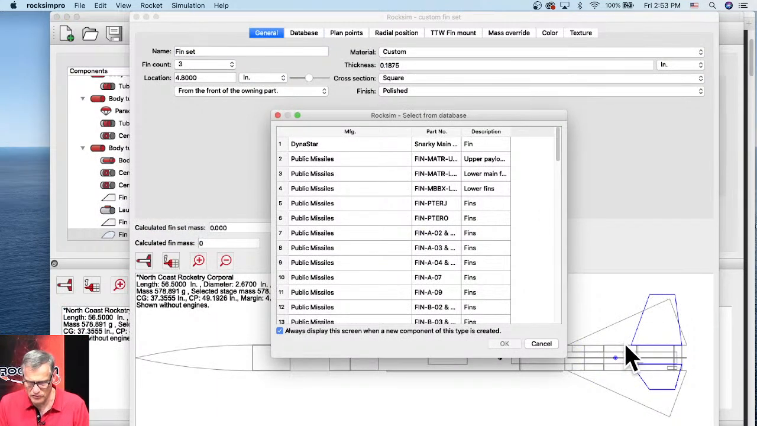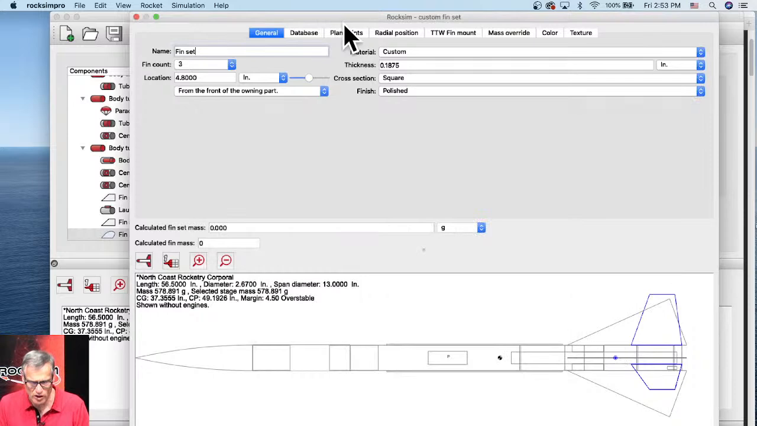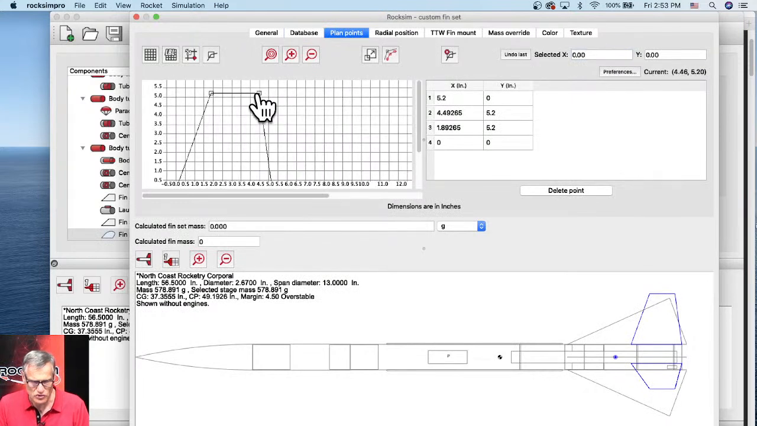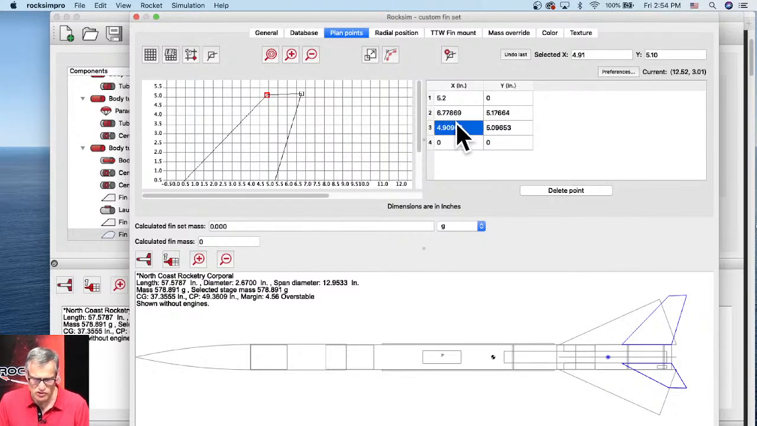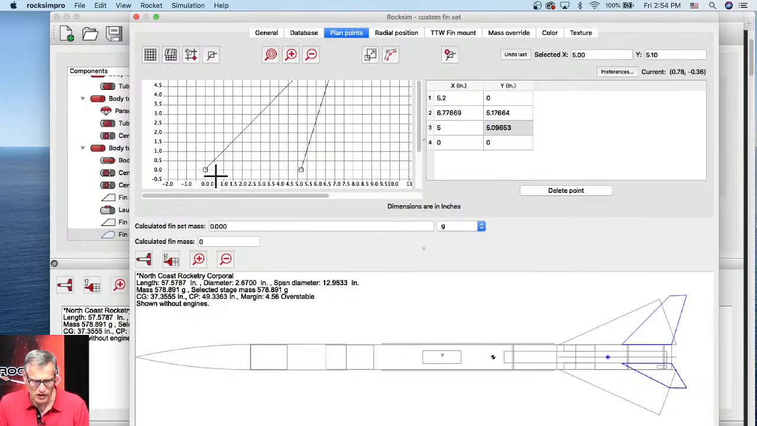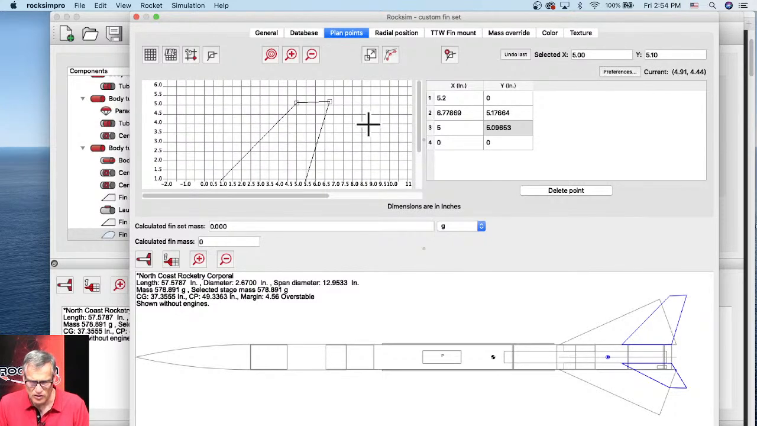So here is this new custom fin, and before we had it swept to the rearward. So if I go to the plan points and click and drag these, I'll do it with the front point, and so then you can see what I'm talking about. So this front point right here, its X location is 4.9. Let's make it 5 inches just to make it a nice even number. Hit tab. So that point is referenced 5 inches back from this point right here, and then outwards 5.09 inches. So if we just make this a negative number,